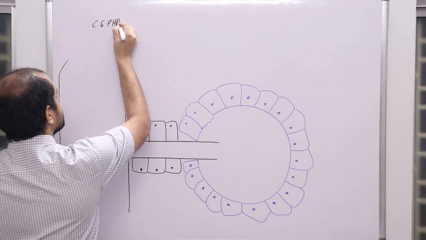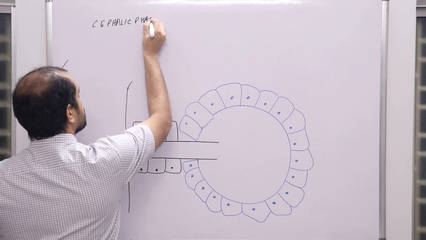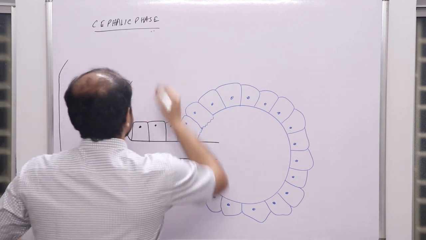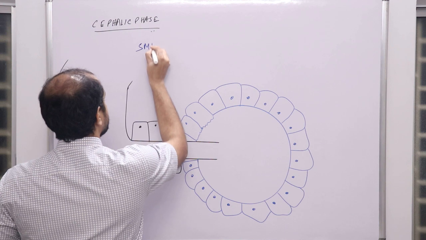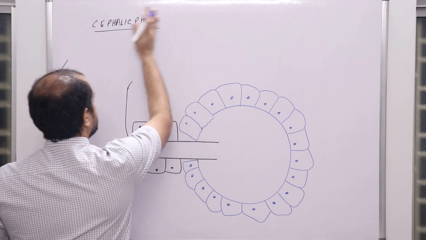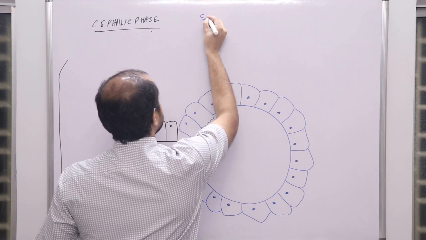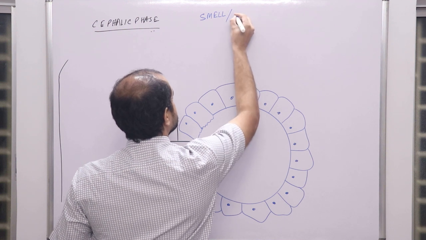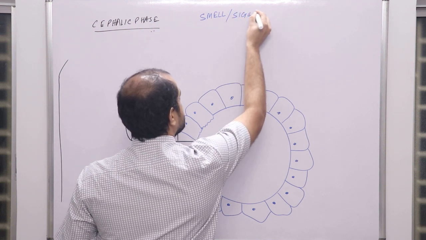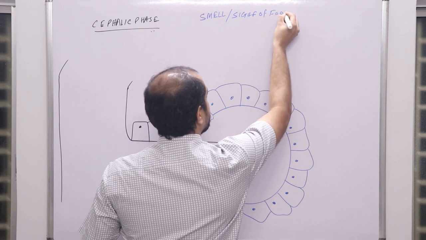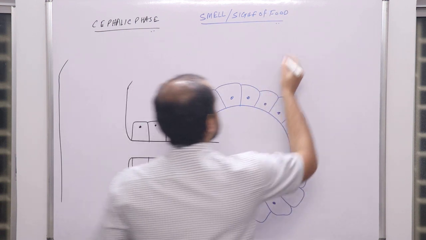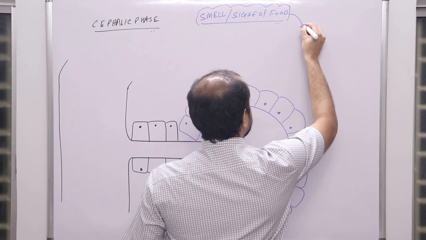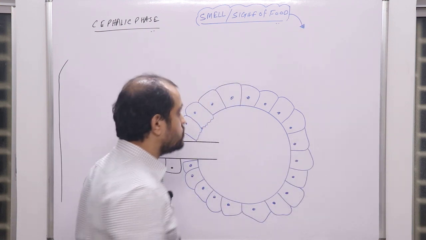In the cephalic phase, what happens is this: smell and sight of food, not taste, actually activates all these things. Smell and sight of food activates a particular region in your brain centers, specifically the dorsomedial hypothalamus,